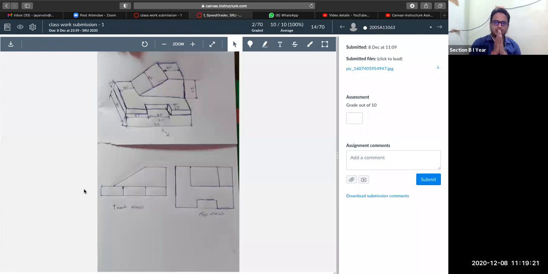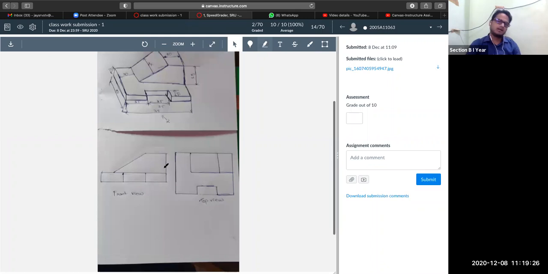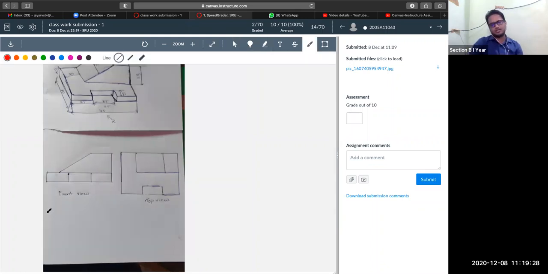I would tell you to try to use the drawing format that we have discussed till now. You have to first draw the reference line and name it X and Y, and since we are using first angle projection method, draw your front view like this. You have drawn this, perfectly correct. Just below it, draw some projection lines, and then draw the top view. What you have drawn over this location, draw it at this location.